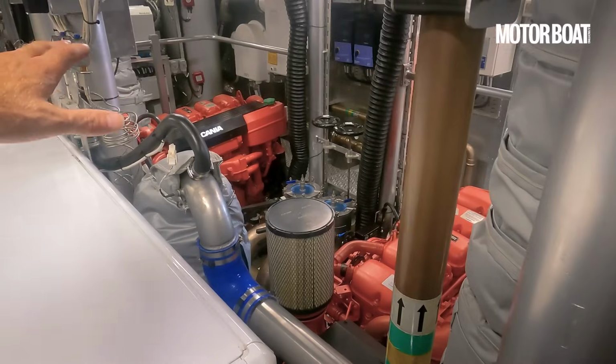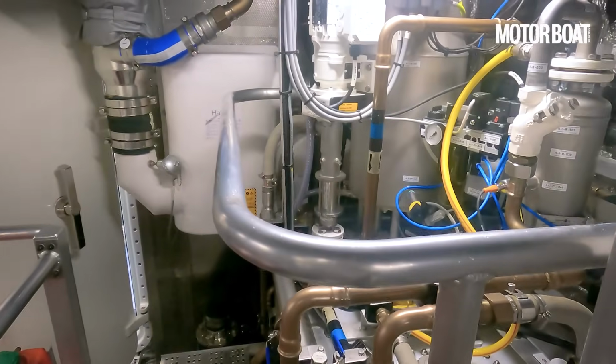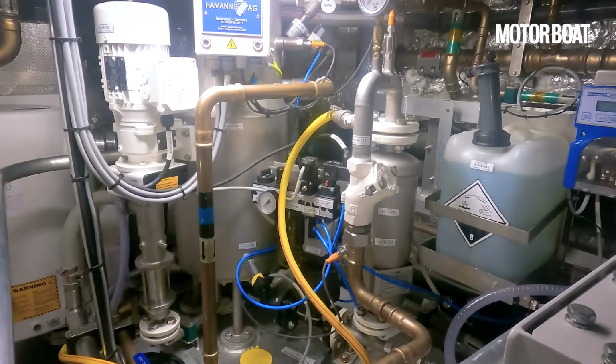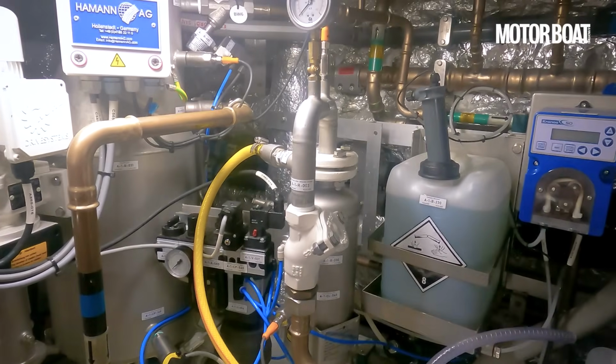So if one of the engines isn't running for any reason, you've still got full power takeoff on each of them individually. And over here is the sewage system, so full sewage treatment plant effectively. So all the black and grey water that comes through here, it is injected with a special sort of degrading